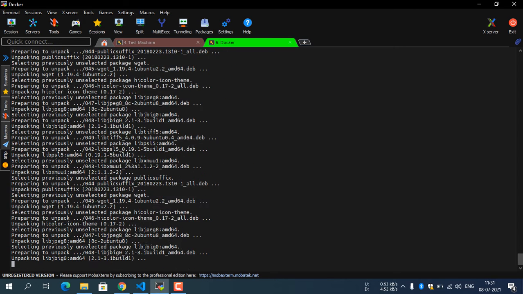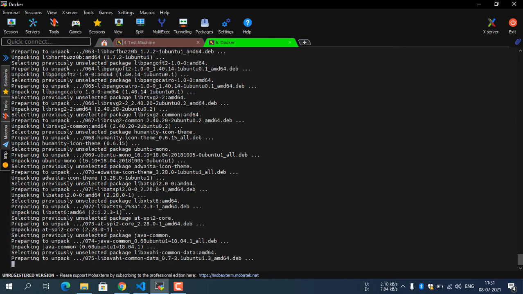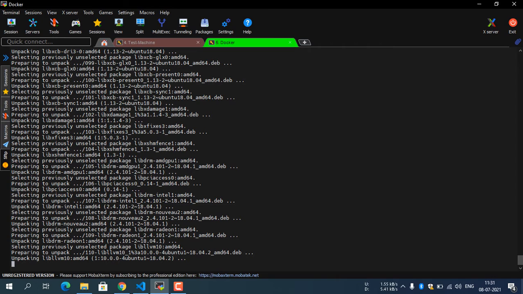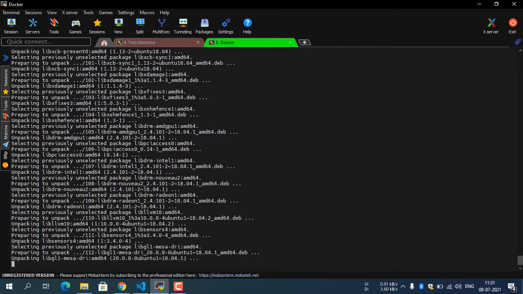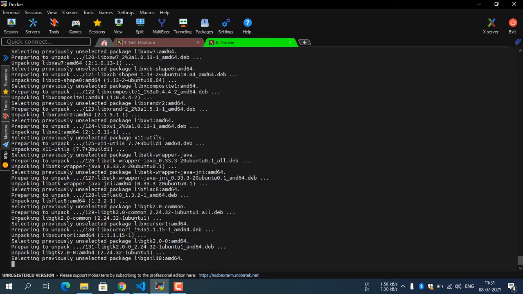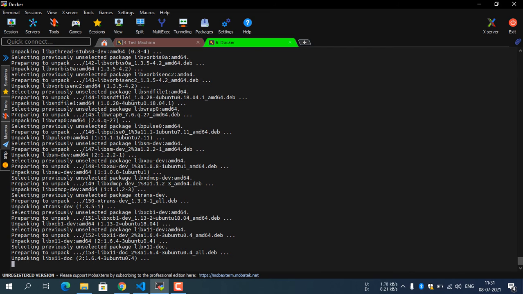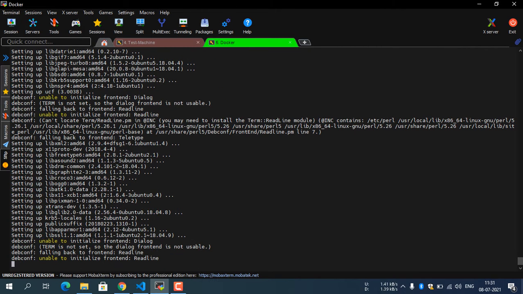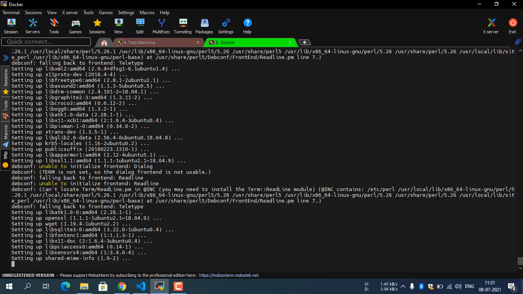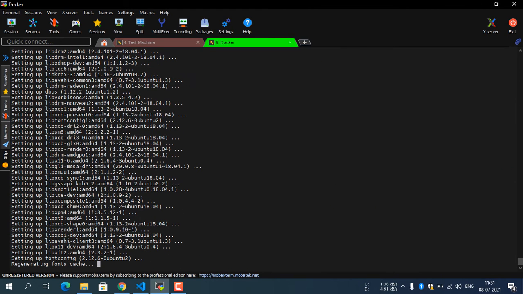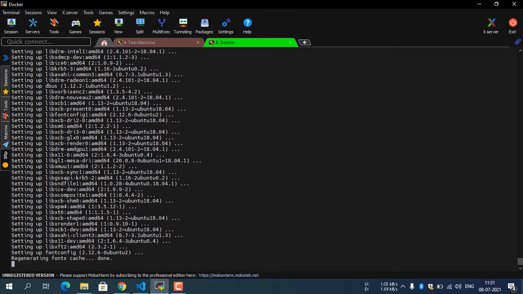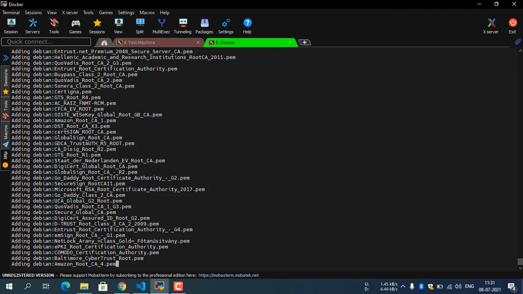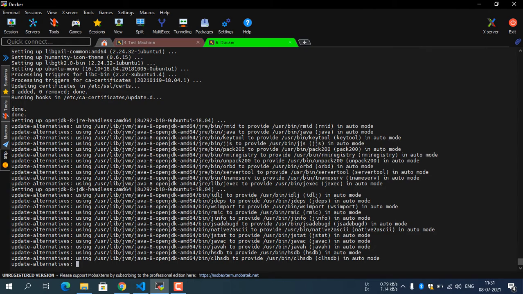If you want to run 10 Spring Boot applications by using the same image, you can run them. This is the advantage of Docker. Yeah, it will take time. Let us wait.